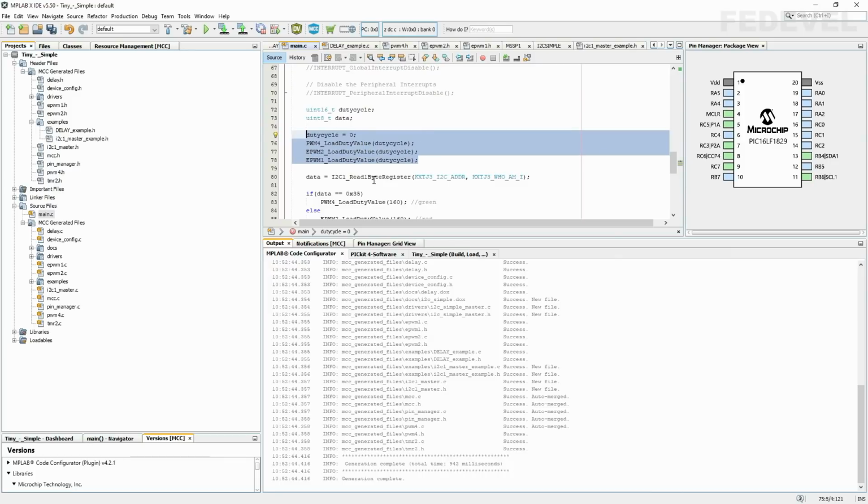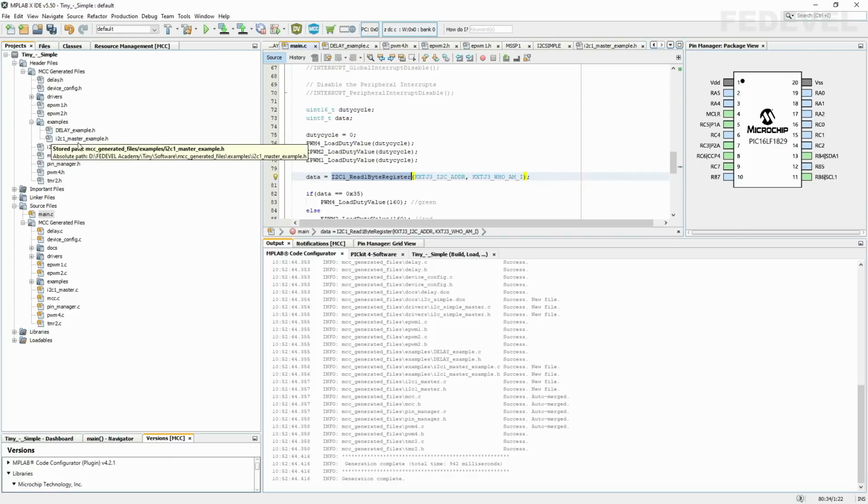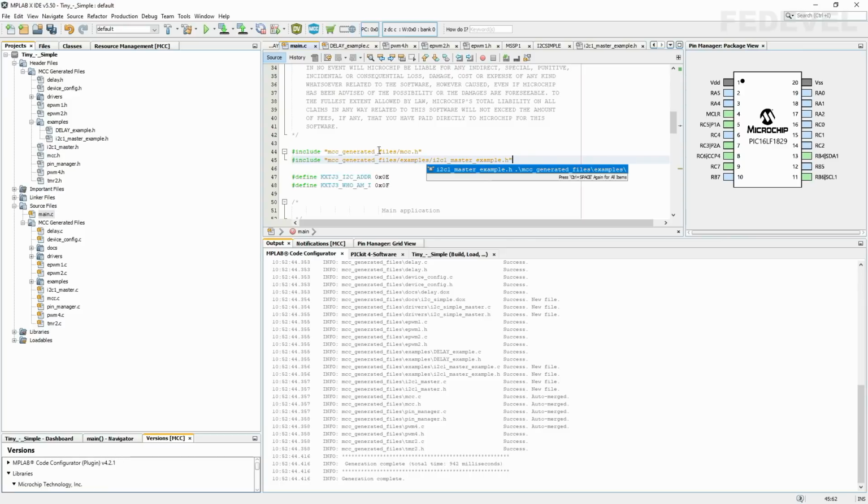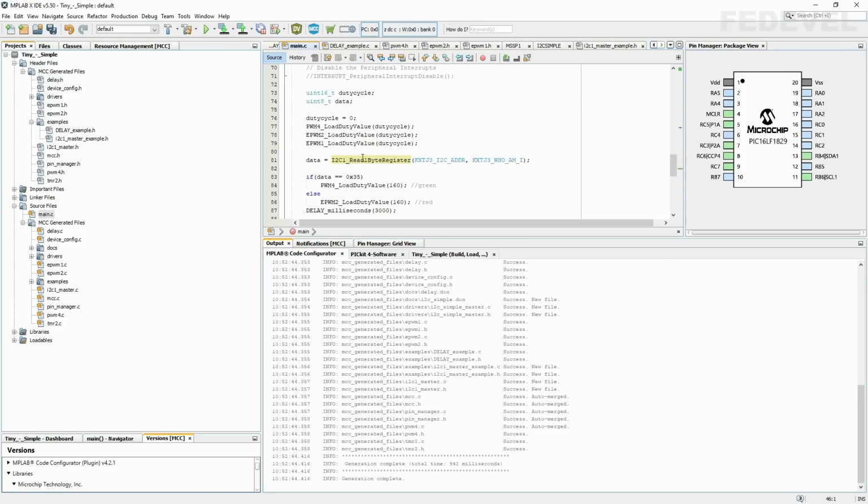Also, we are using this function from this example header file, and this one is not by default included in our main project. So we would like to include this example header file up here, write this line here. Okay, now our main file will be able to recognize this function what we are using here.